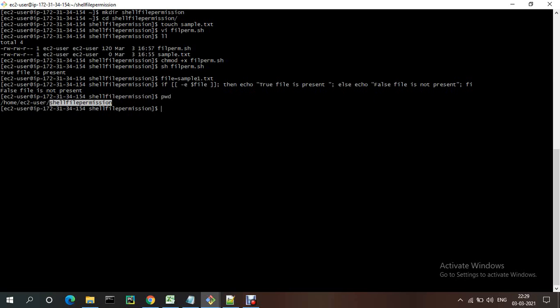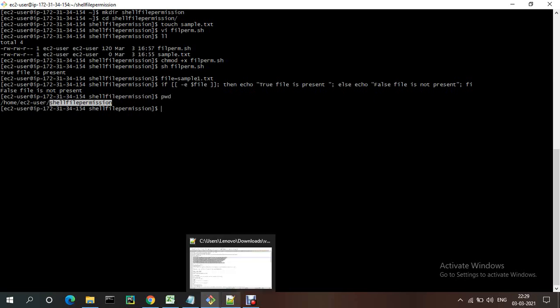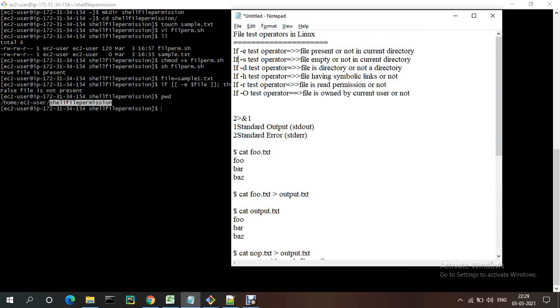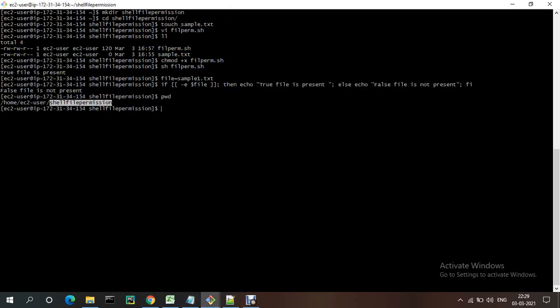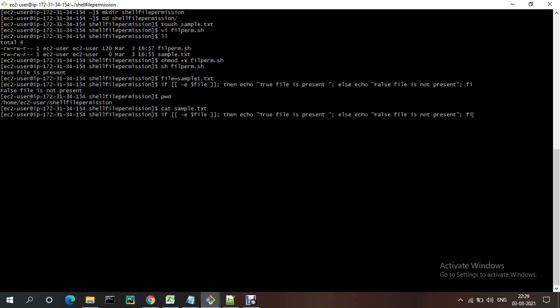Okay, next option is -s, which checks whether this file is empty or not. Suppose cat sample.txt. Now I just change the test option. Instead of -e I am using -s.